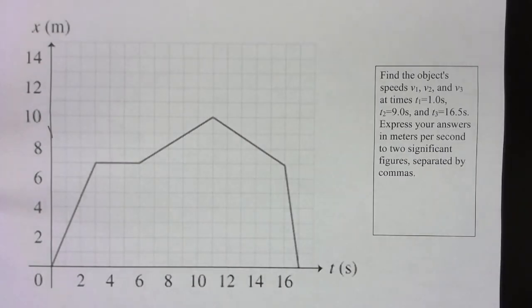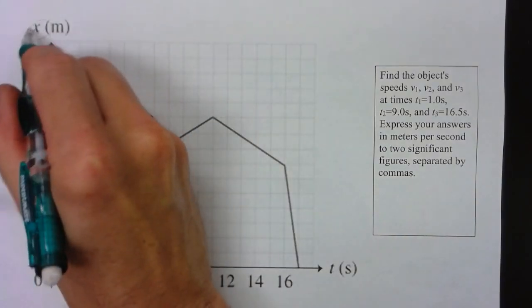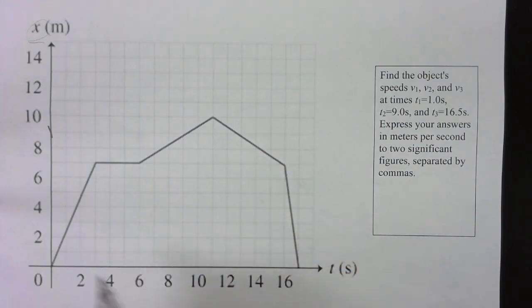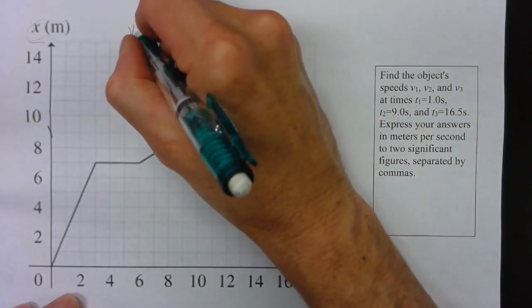Okay, this is problem 7 on the homework, and this is a problem that gives a lot of people issues. It's part B, finding the velocity at specific times. Now this is a position time graph. It tells you the position of an object at various times. When you want to find velocity, the velocity